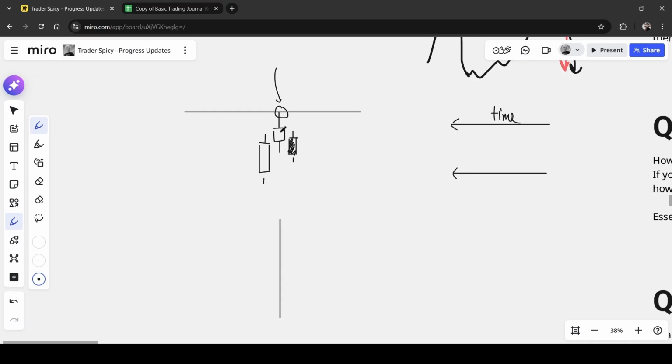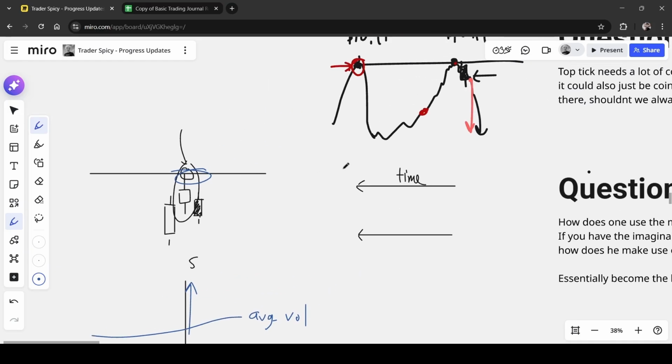What was the volume on this specific candle? And we're not looking at the exact dollar amount. We're looking at what the volume was relative to whatever the average volume is. The higher it is relative to the average volume, the better it is for the reversal. The lower it is relative to the average volume, the worse it is for the reversal. Because when we have huge volume that happens to be partially filled, then we can lean more in the direction